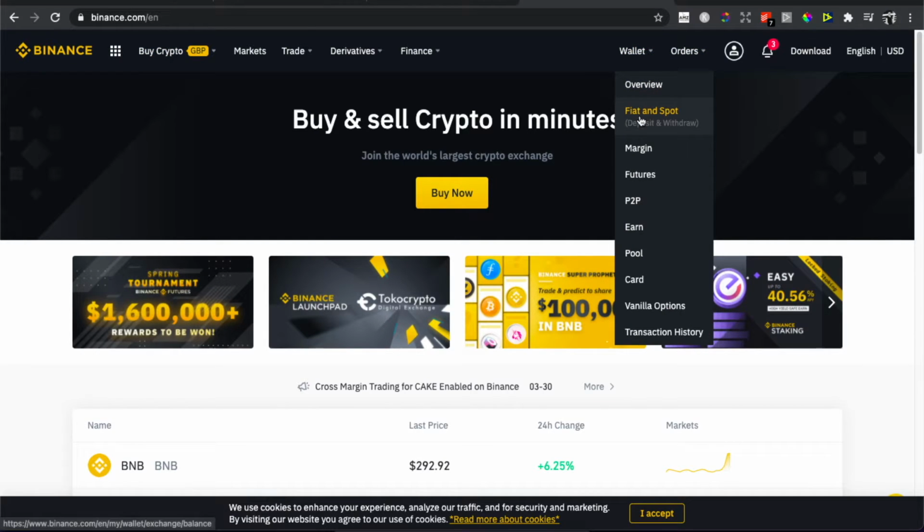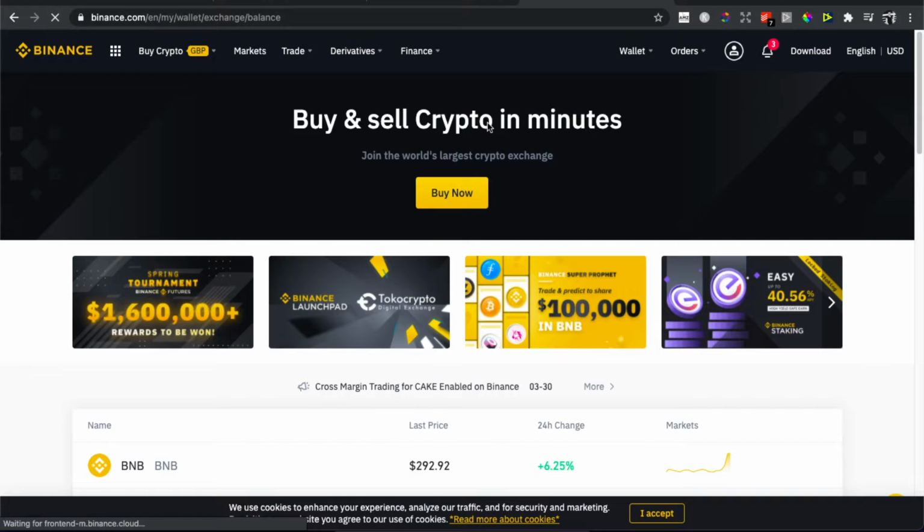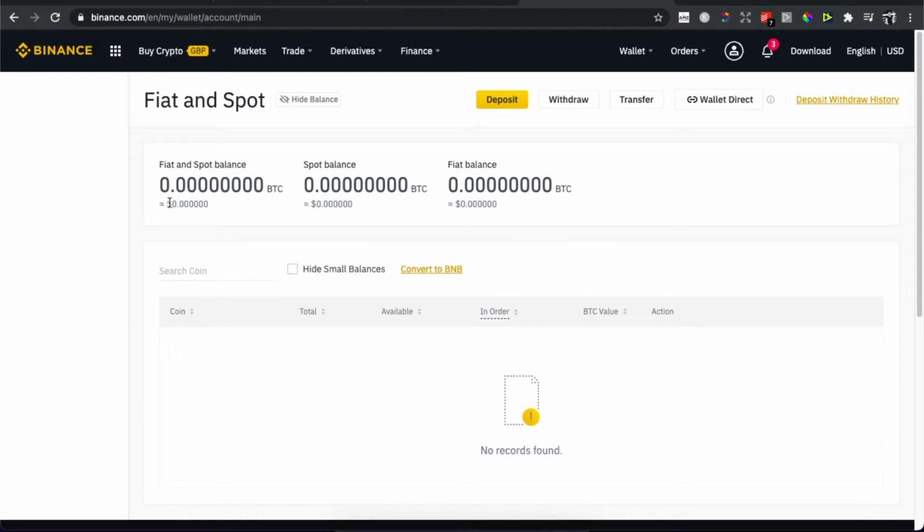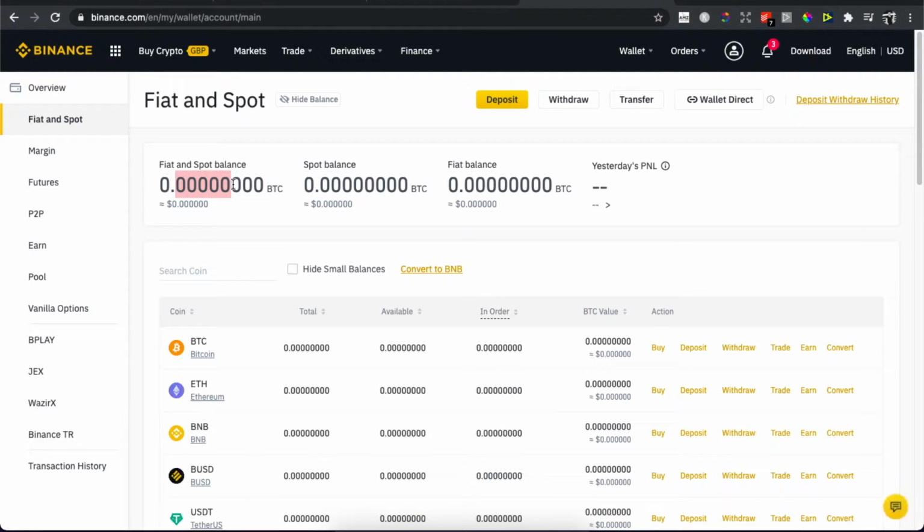and then you need to go to Fiat and Spot, right? And then we will be redirected to another page here, and as you can see here, we need to wait, and your balance will be here, and also it will show your balance in Bitcoin, but it will not be Bitcoin. So what you need to do here,